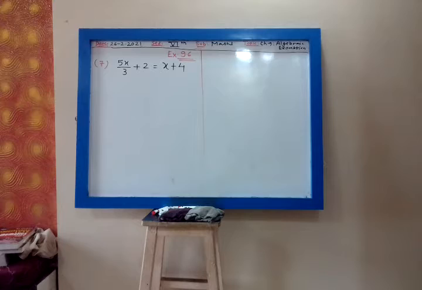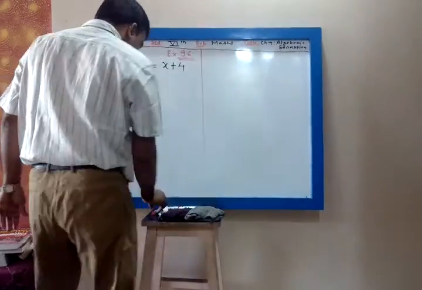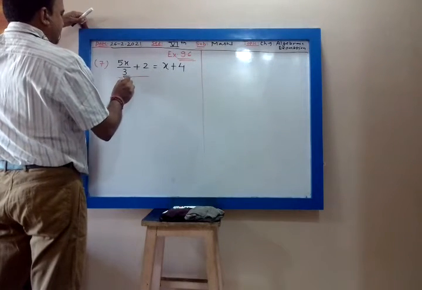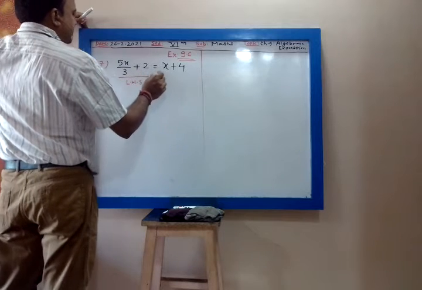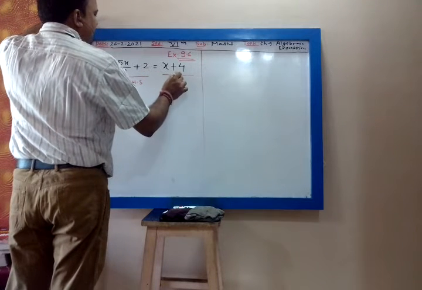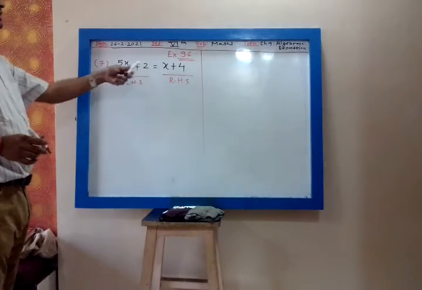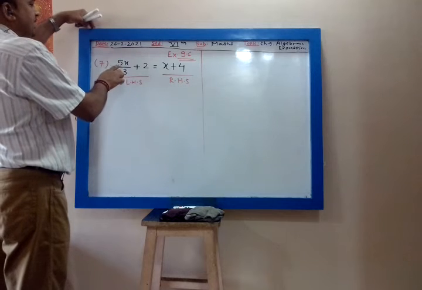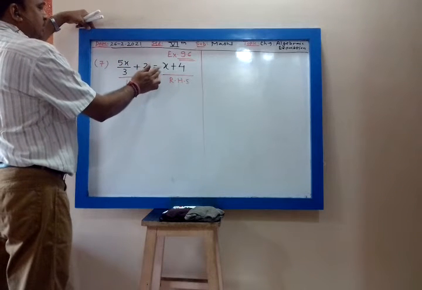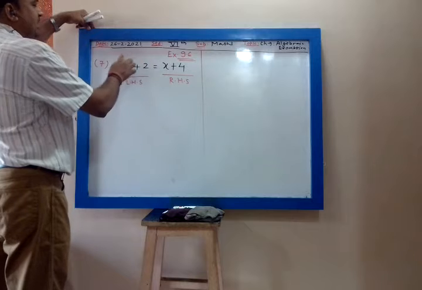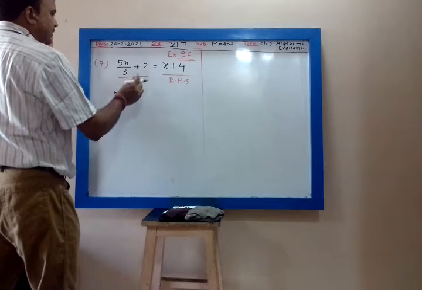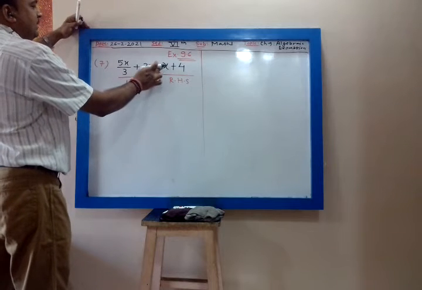Now 9.67 we start. Good morning. 5x upon 3 plus 2 is equal to x plus 4. This is my left hand side and this is my right hand side. On left hand side we keep all the variables. So the variable is x. We take this variable x to the left side, so this becomes 5x upon 3. Then when we take the variable x of right hand side to left hand side, plus x becomes minus x